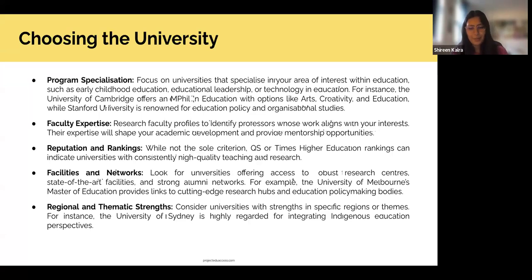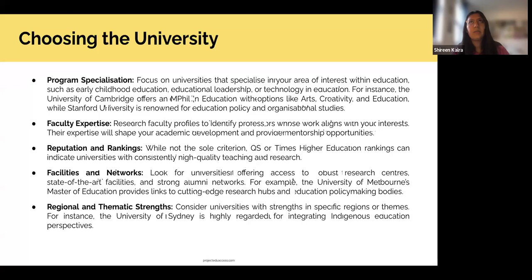To begin with, honestly, the internet is your best friend. Any resource and anything you want to search about where to apply. For a lot of you, this is a period when you start thinking about what's my pool of universities, which five, six, 10, however many universities you want to apply to. Am I applying to, right? This is where you start thinking about all these bullet points one on one, and then you figure out what works best for you.